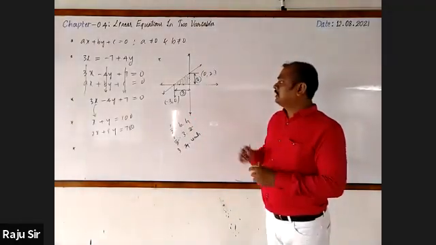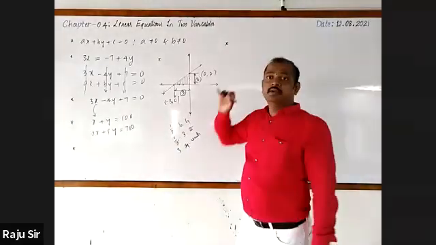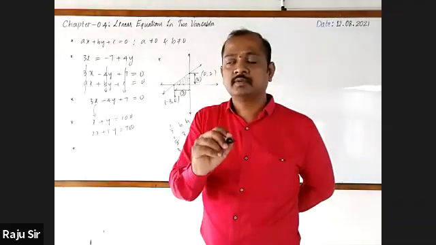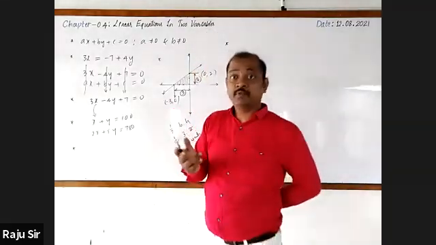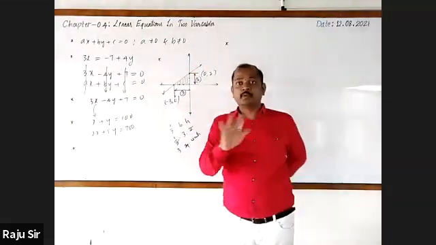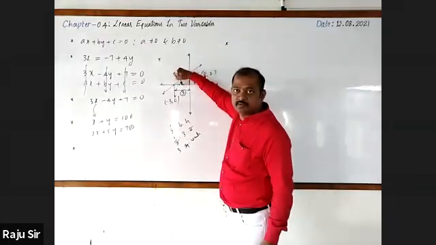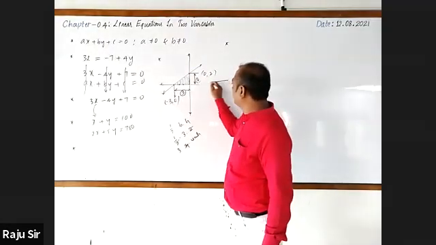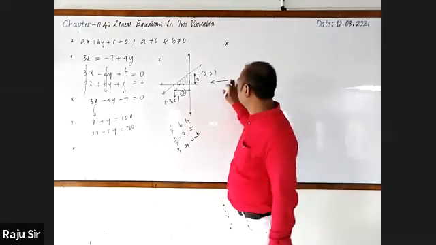Okay. Yes, sir. We even discussed this. Kirtan, what do you want to ask, sir? We can consider 2 units as the base and 3 units as the height also. Definitely, no problem at all. If you consider this as the base, this will be the height. Then you consider the triangle from this side. Okay.